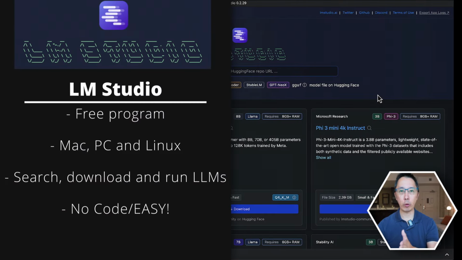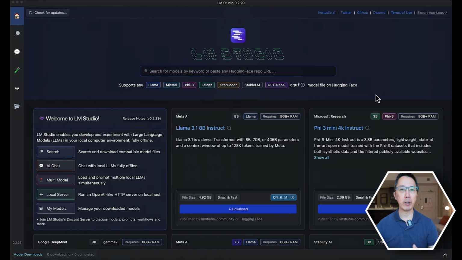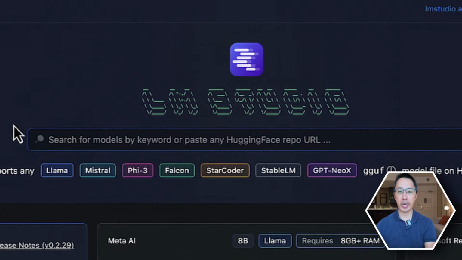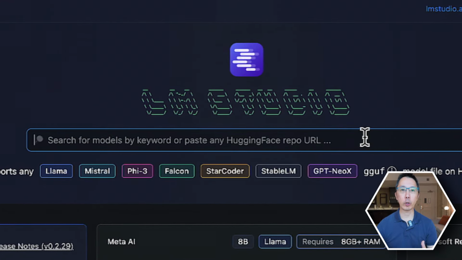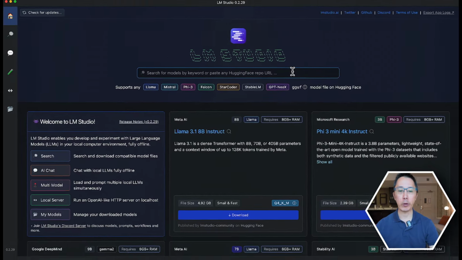So we're going to run that locally on something called LM Studio. LM Studio is a free open source program that kind of functions as Steam for video games. When LM Studio launches, you're going to be given a search screen. This is where you can search for large language models. Don't worry, I'll tell you exactly which one to download. Sometimes the downloads are really large, sometimes 30 gigs, 50 gigs, 100 plus gigs. But after you download it and put it inside of your computer, you don't need any more internet.